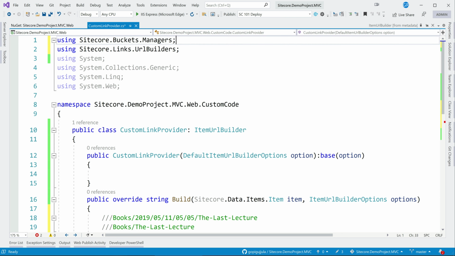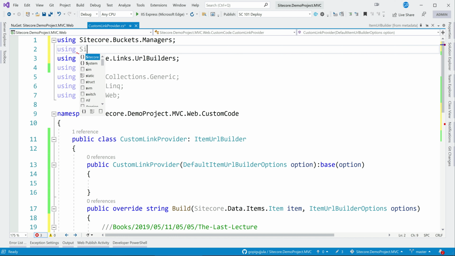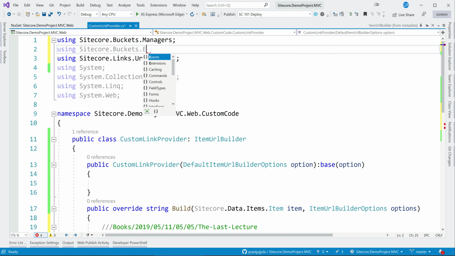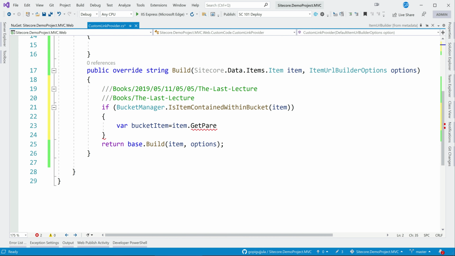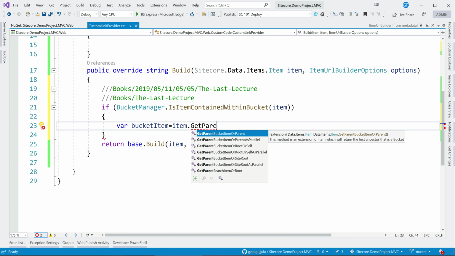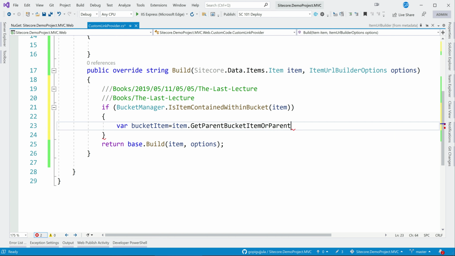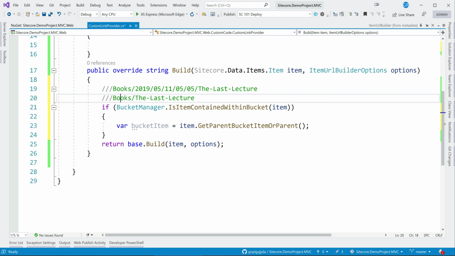Let me just add the namespace using Sitecore.Buckets.Extensions. So we are getting GetParentBucketItemOrParent. You can see this section, which will return the first ancestor that is a bucket. So we are getting the first ancestor. So let me just pull this, and this will fetch us this books.